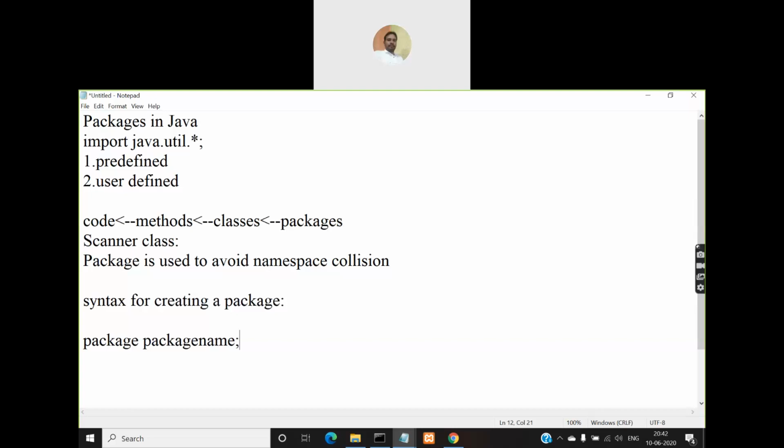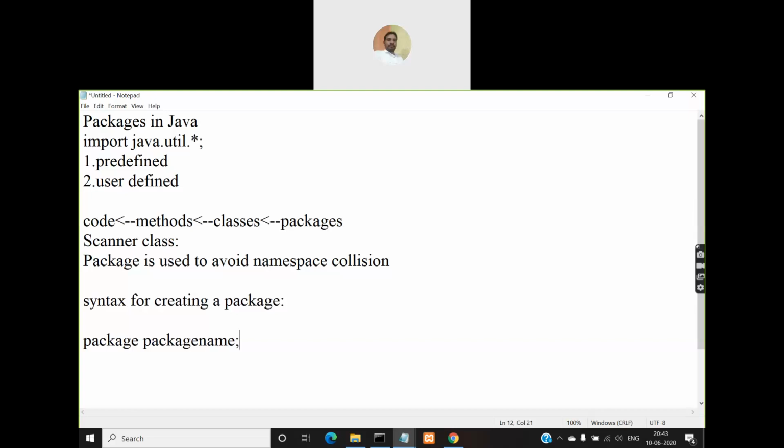Convention means it is not mandatory. It is not a rule. I hope you know the difference between a rule which is mandatory and a convention which is not mandatory. So package names are always given in lowercase letters, irrespective of how many words you use in the name of the package.